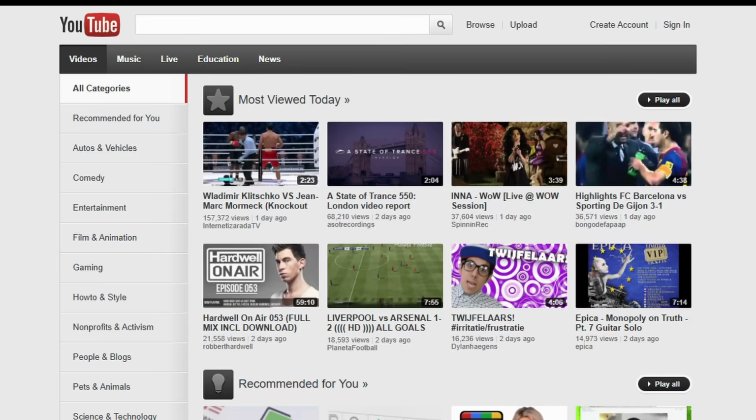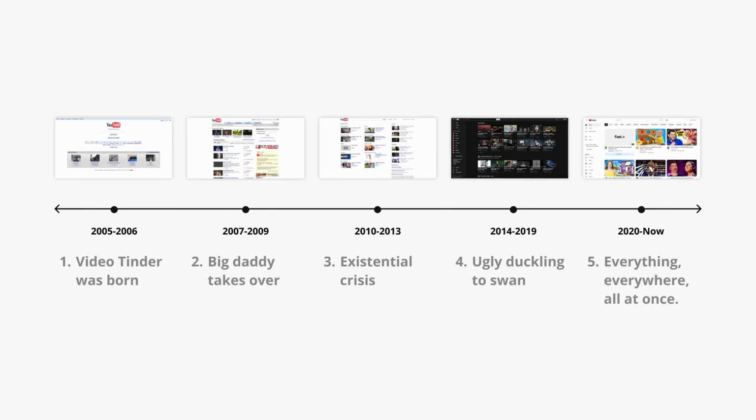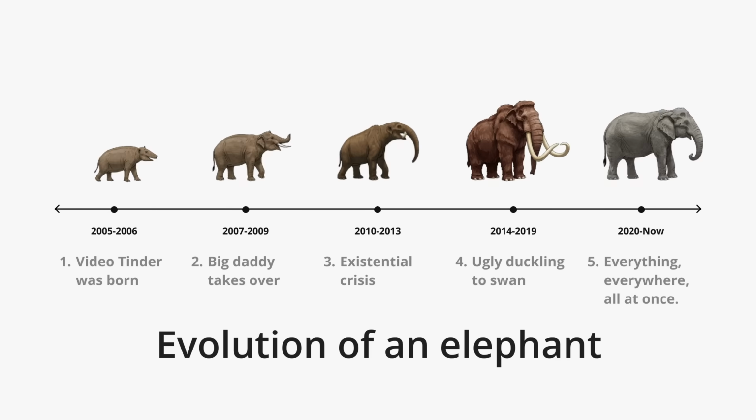As a product designer, I'm confused. Why did the design change so many times? And more importantly, how do these design changes impact the way we currently consume content? I'll show you the entire design history using the evolution of an elephant. Why elephant? Well,